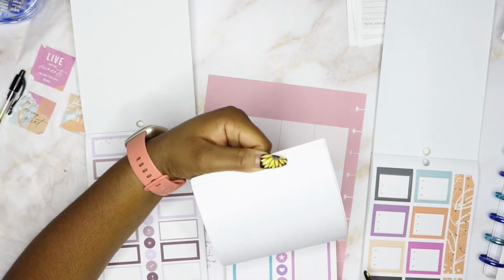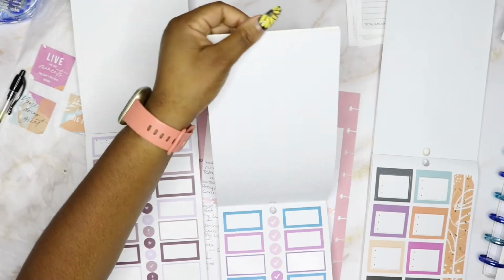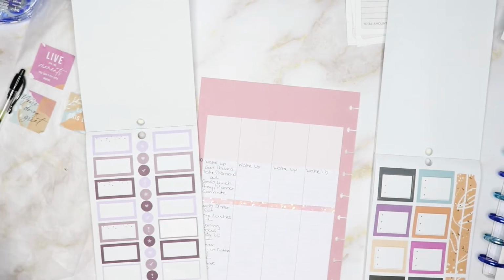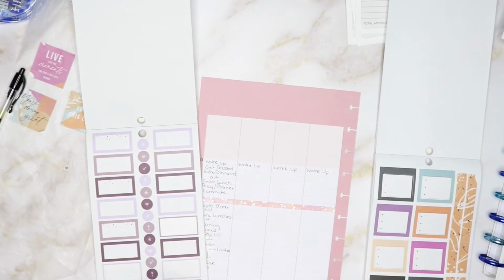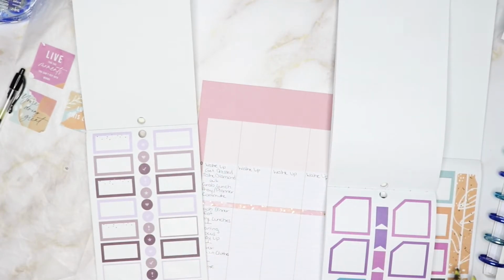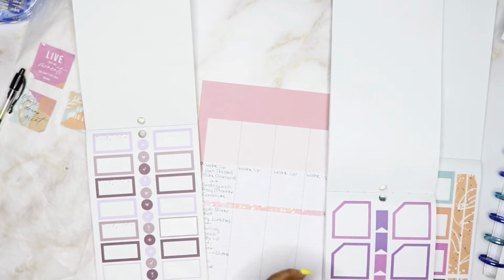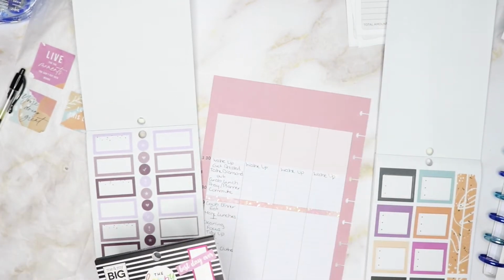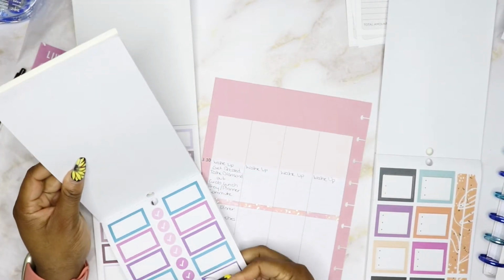So I'm going through my monthly colorful boxes, my jewel tone colorful boxes, and I'm just picking and pulling some boxes in the colors that are in the Mixed Media Mom because I wanted it to kind of flow. Like I said, I'm using these top areas to put what my focus is for that day. So for Monday through Thursday, it's kind of like what my cleaning /